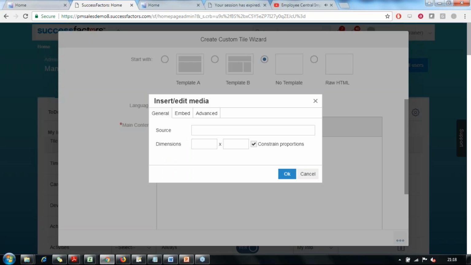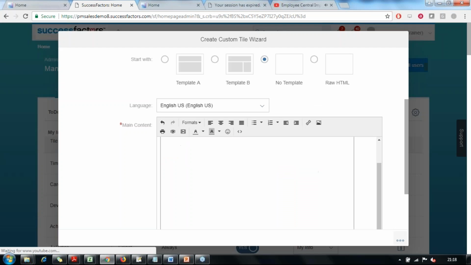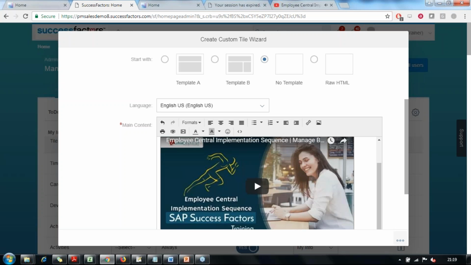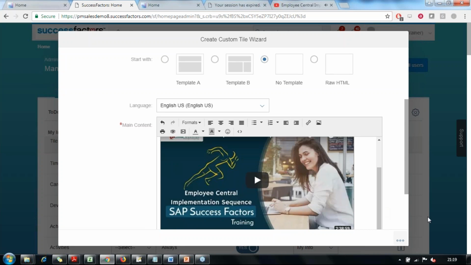go to this media item. Into the source, just place the URL of the YouTube video and click on OK. Immediately that video will be previewed here like this. So this is one of our Zarantech recording videos on YouTube. This is the preview like this. So once you save this,